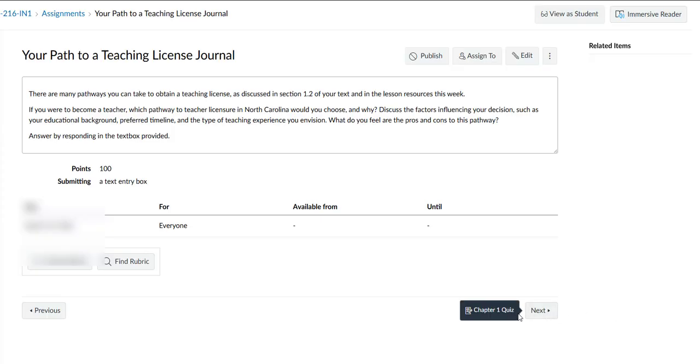If I go to next here, you'll see that Chapter 1 quiz. Make sure you've read the chapter beforehand. Yes, I do allow you, if you want to open up another window and have Chapter 1 open while you're taking your quiz, you can. But this quiz is going to be timed. You only receive 1 attempt on it. So if you haven't read Chapter 1 before you begin, trying to search for the answers in the chapter is not going to go well. If you've read it beforehand, you know exactly where to find the answers in the text, and you'll do fine on this quiz.